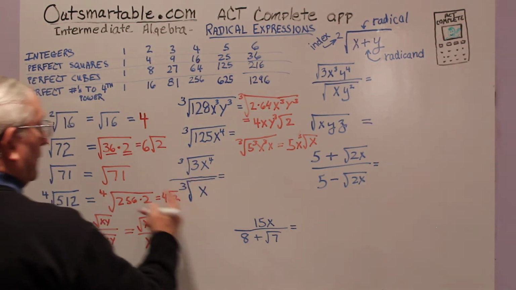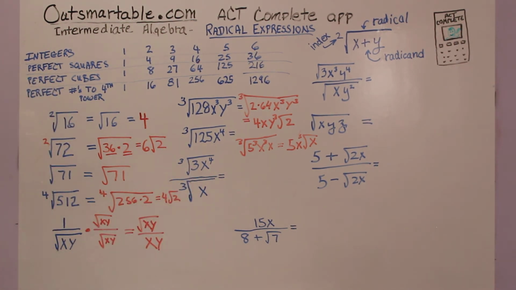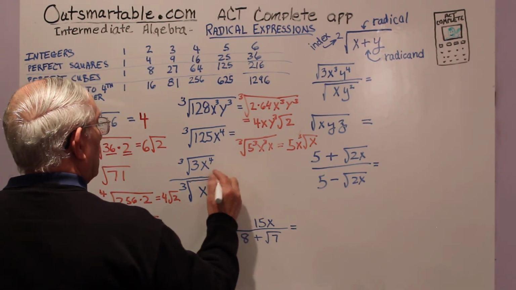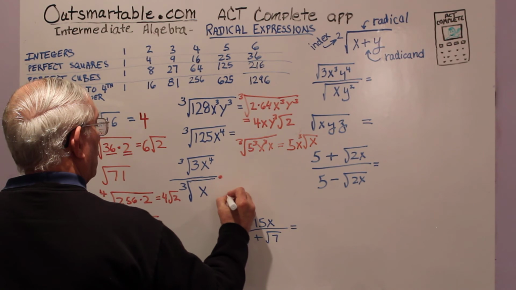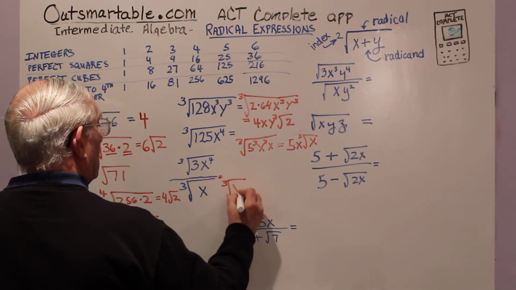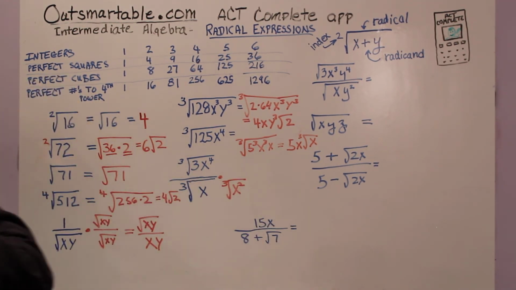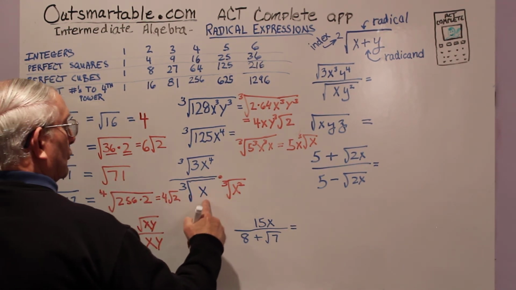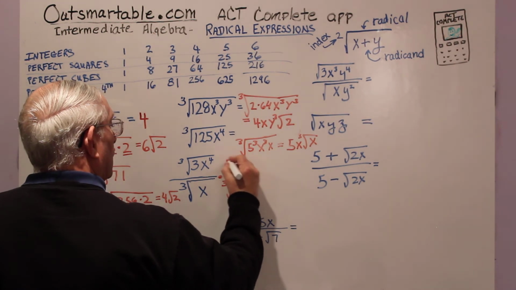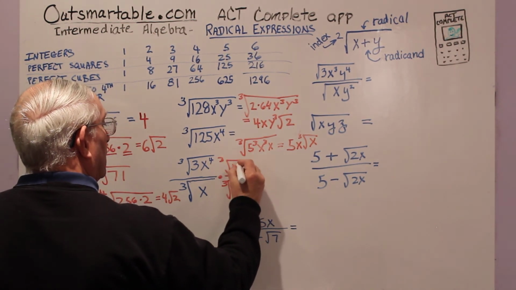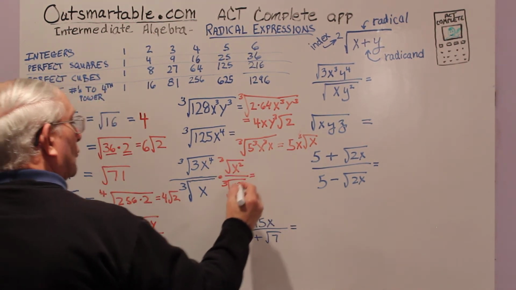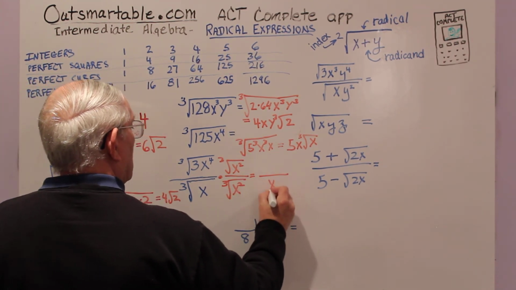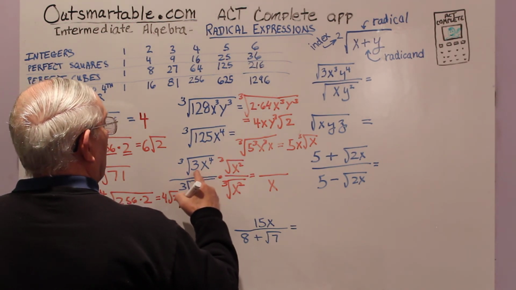How about this one? Again, we want to get rid of the radical in the denominator, don't we? So let's multiply top and bottom. What would you multiply this by to get rid of the radical in the denominator? Do you see that that would make this the cube root of x cubed? So we've got to do the same thing in the numerator, don't we? That gives us, in the denominator, the cube root of x cubed, which is namely x, and in the numerator